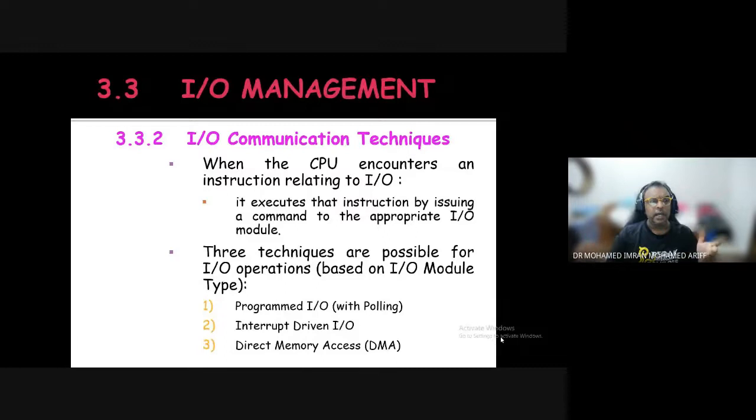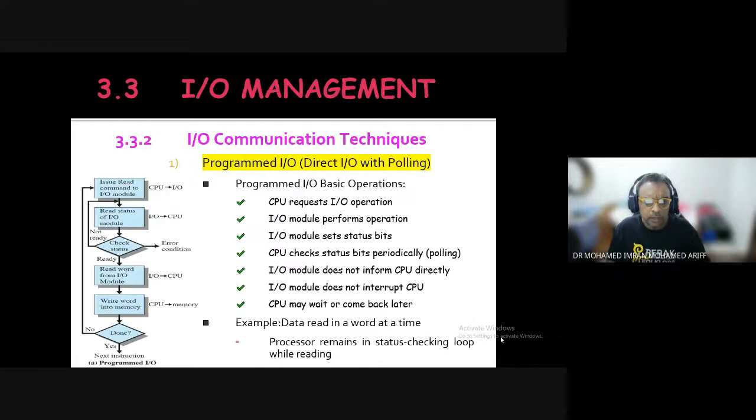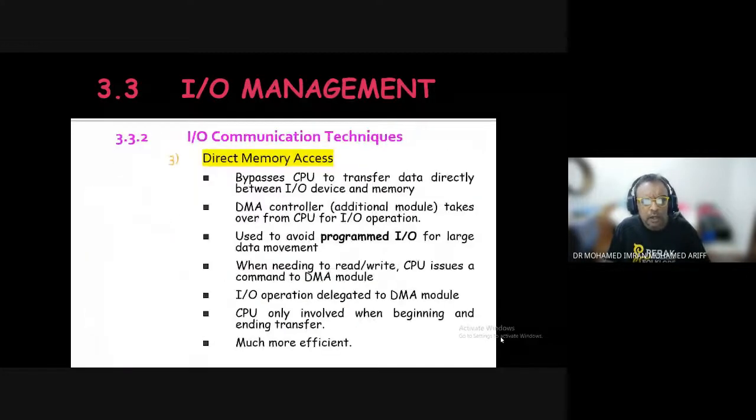Direct memory access, on the other hand, is a situation where you have a large number of data coming in, so the CPU disconnects itself, and all this large number of data will go directly to your memory. It happens mostly when you're loading a big amount of data coming in from, let's say, your internet or your hard disk. The advantage of having direct memory access is the CPU can be fully utilized doing something else rather than just waiting for all the data to come in. So you can read this on your own, it's all the same, okay?